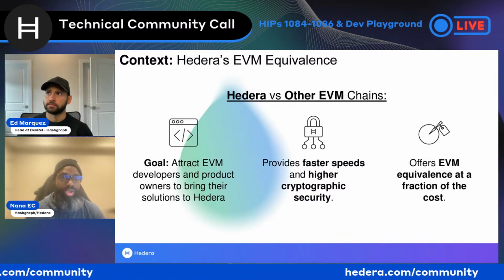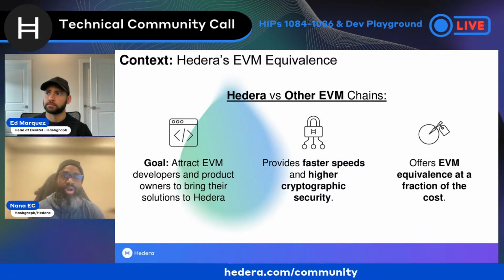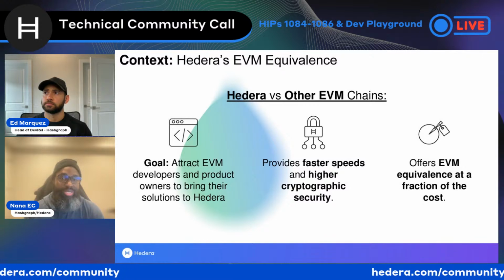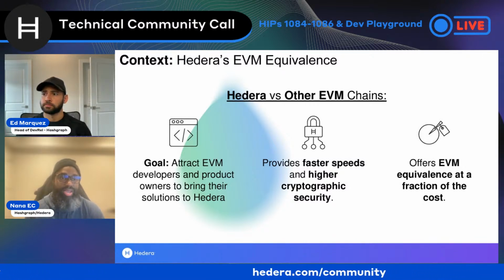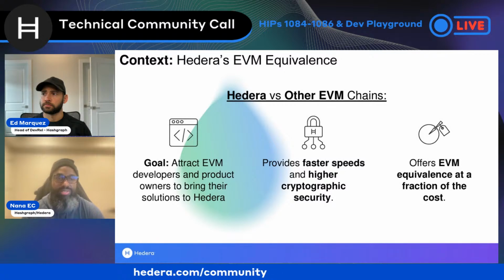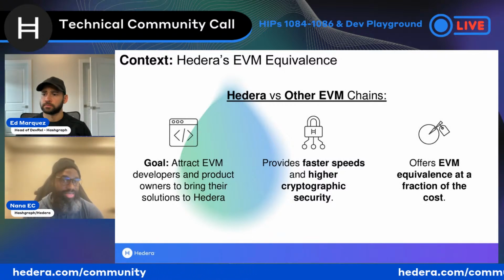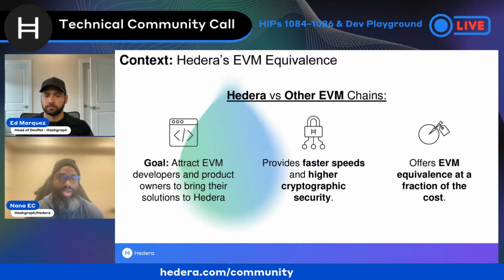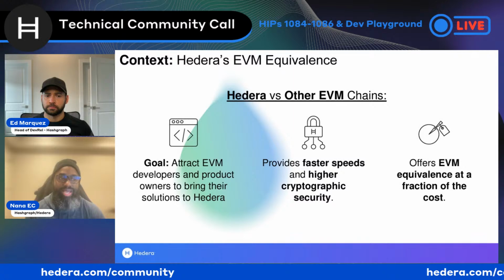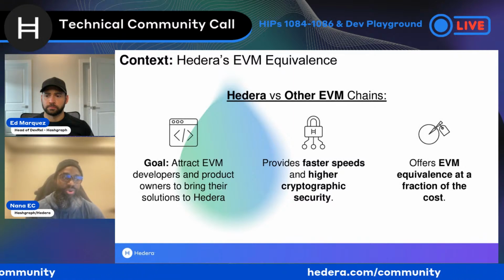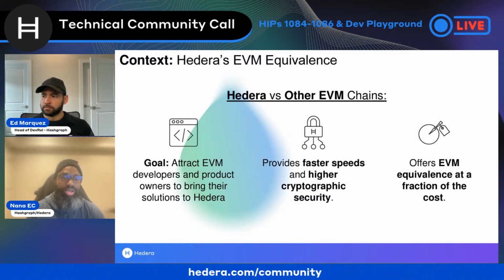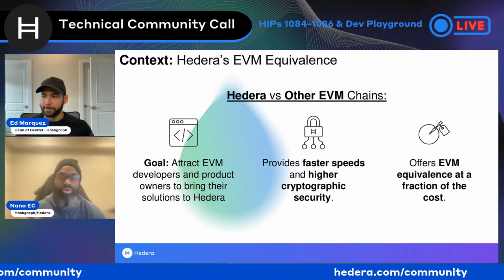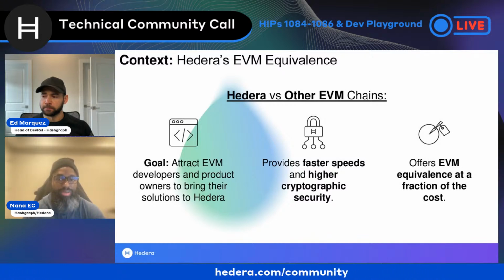Our goal there, like I mentioned, is to encourage developers and product owners to bring their applications over. One of the ways we do this is to attract them with the speed, right? Hedera, as you might have heard, offers really fast speeds. Natively, we can transfer value at 10,000 transactions per second. On the EVM side, we come to somewhere around 10x what you might see on other networks. An interesting point there is that our blocks are every 2 seconds, right? You might be on another network where it's a longer block time and slower. So you could submit multiple transactions on our network while you're still waiting for another network's block time to complete, right?